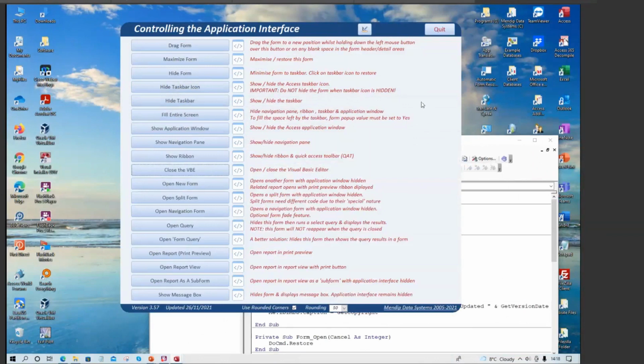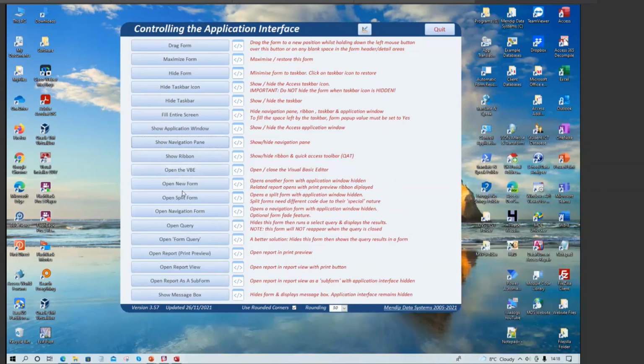One thing I should say is that I've disabled the right-click context menu. I found that using this sort of setup, I sometimes have problems. If I try to do that, I could crash Access. So if I want to get to the design window, I've got a button here. I won't do that now. Now, having actually got that, let's close the VBE again.